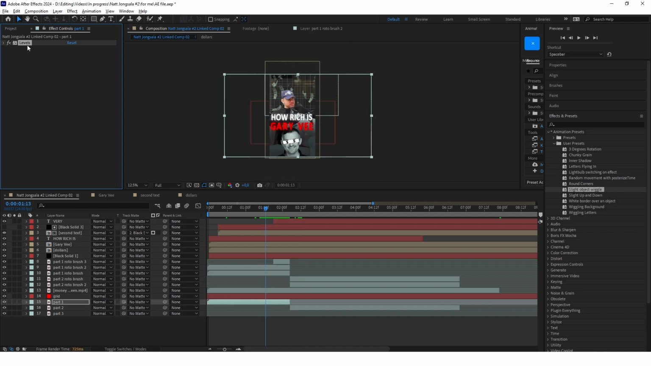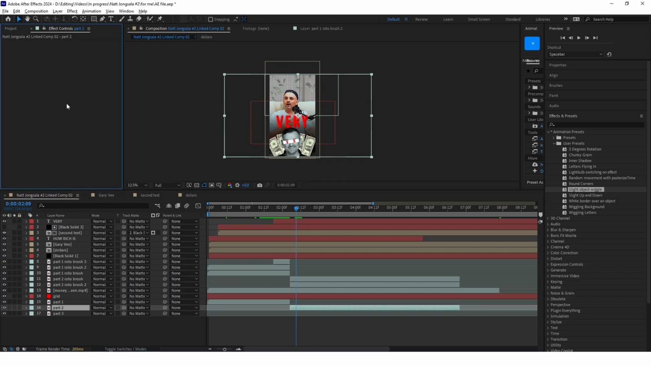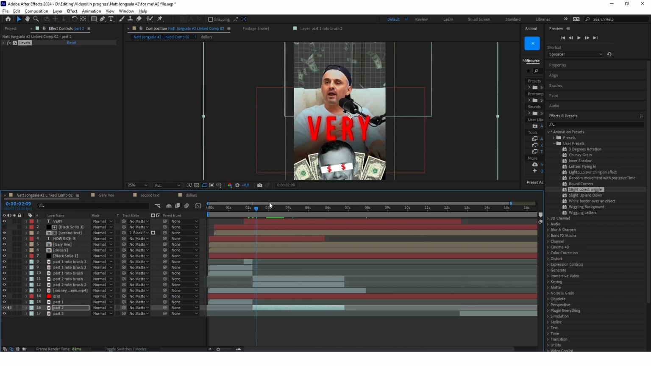Right now we'll copy the levels effect from the original part 1 layer to the original part 2 layer, and this will darken the background. Okay, and now the last thing is to also apply this bluish effect on the sofa, as you probably remember